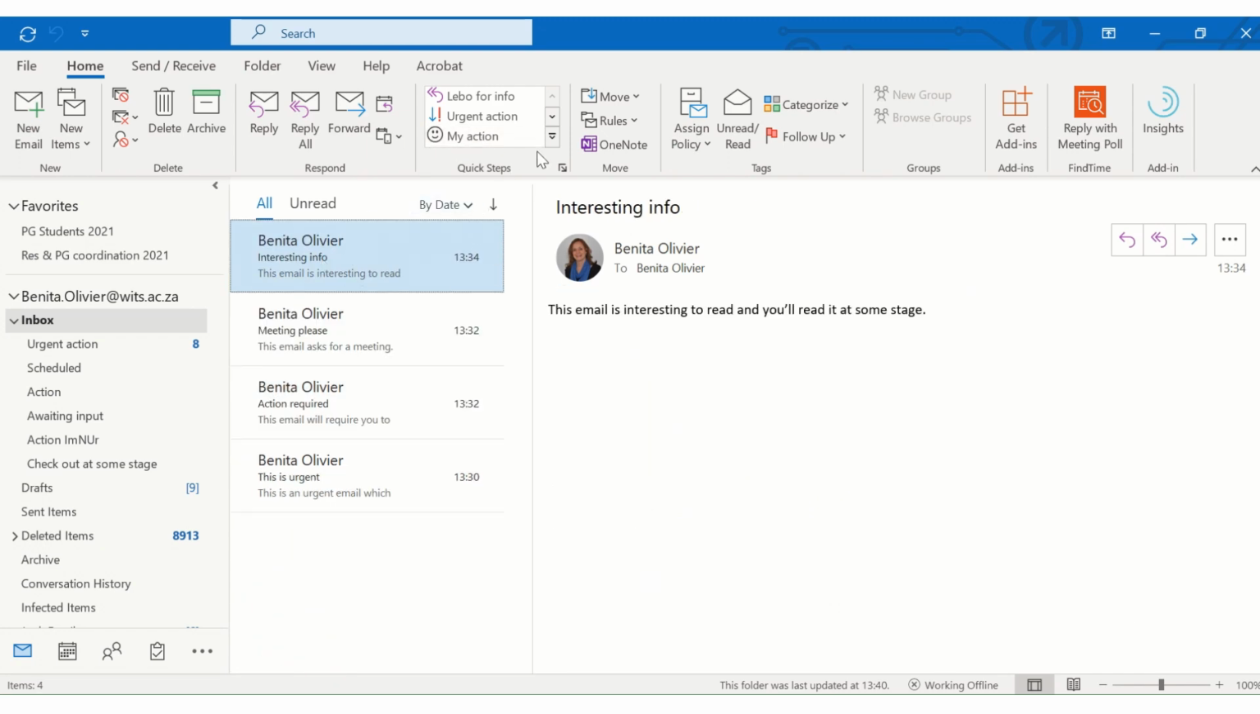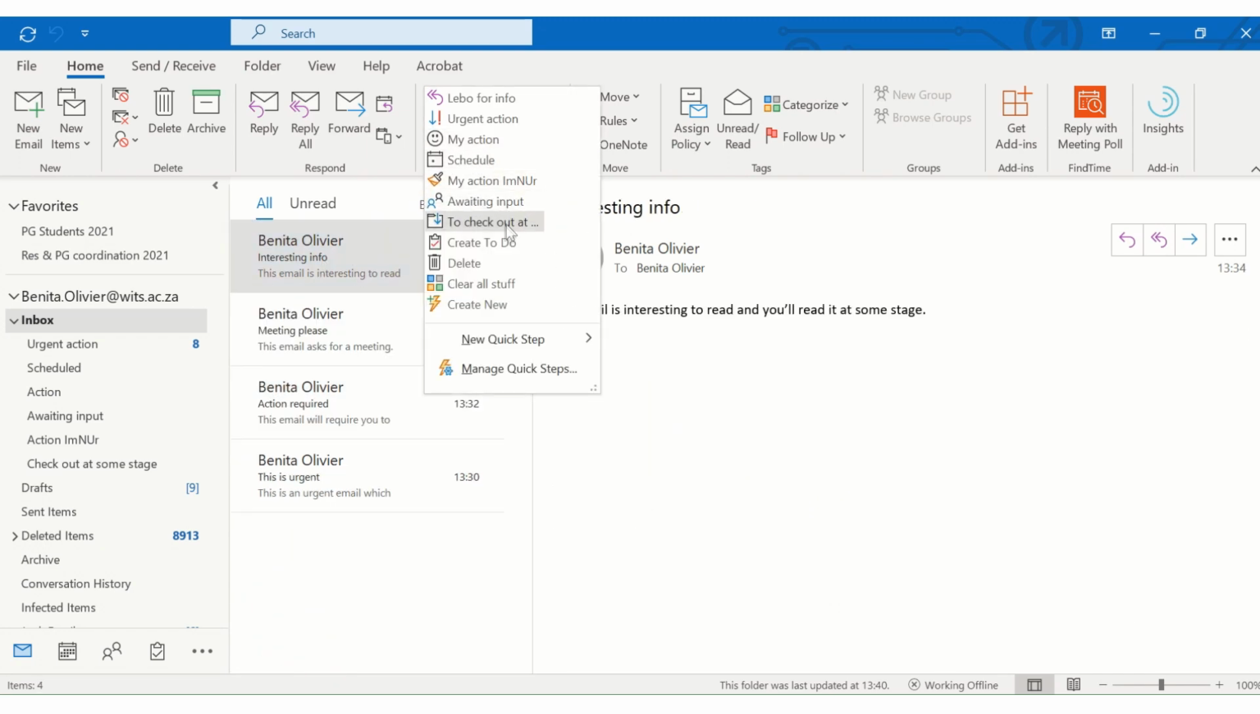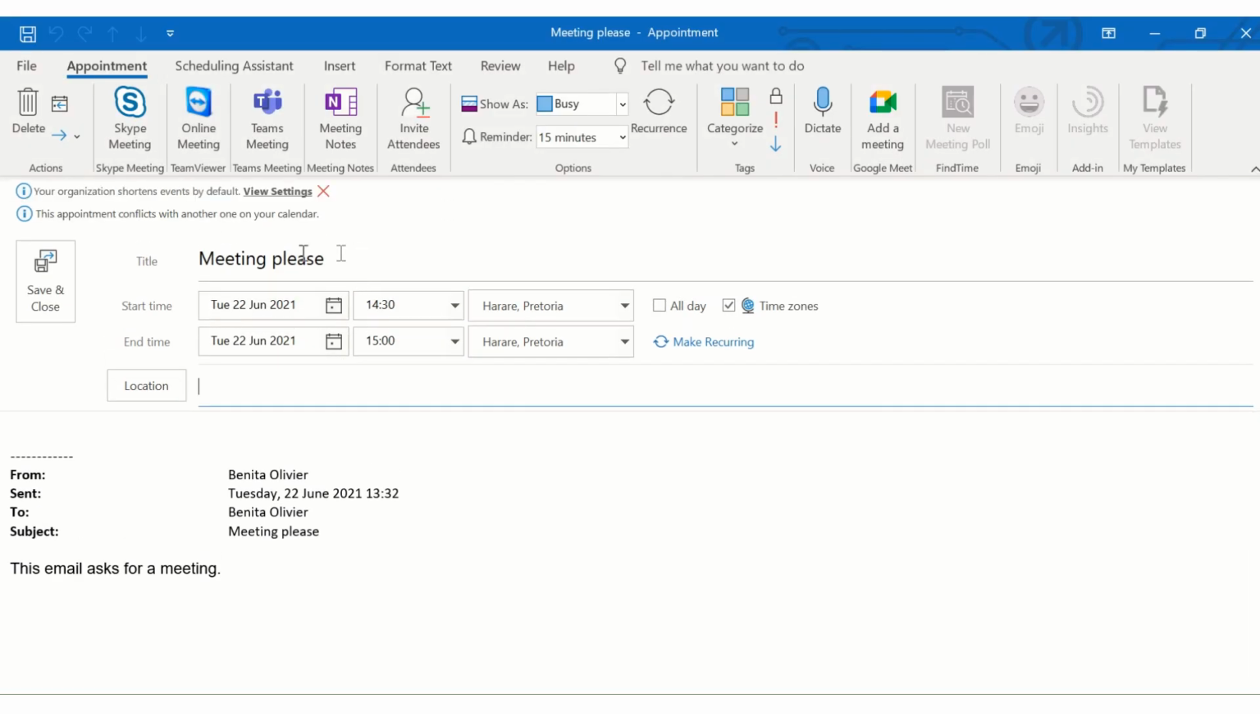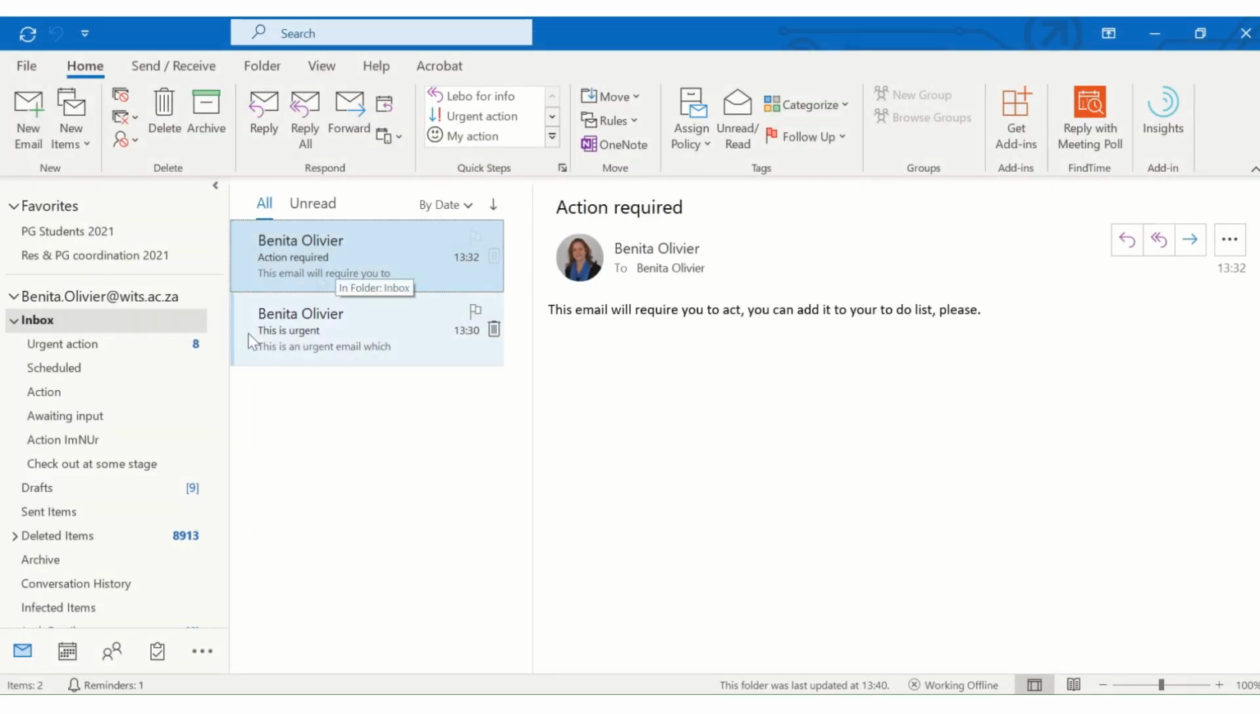This is interesting info, so I want to take it to the folder that says check out at some time, or the read later folder. This one requires a meeting, so I'm going to just click on my schedule quick step, ask for a meeting, please. You can set your meeting whichever way you want, save and close, and immediately after setting the meeting, that email